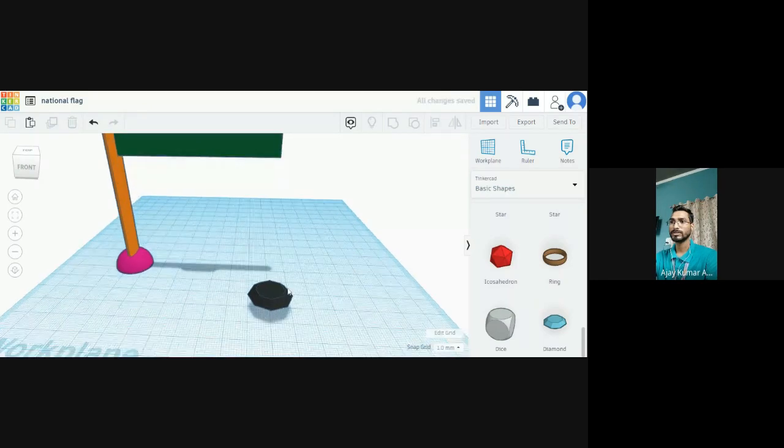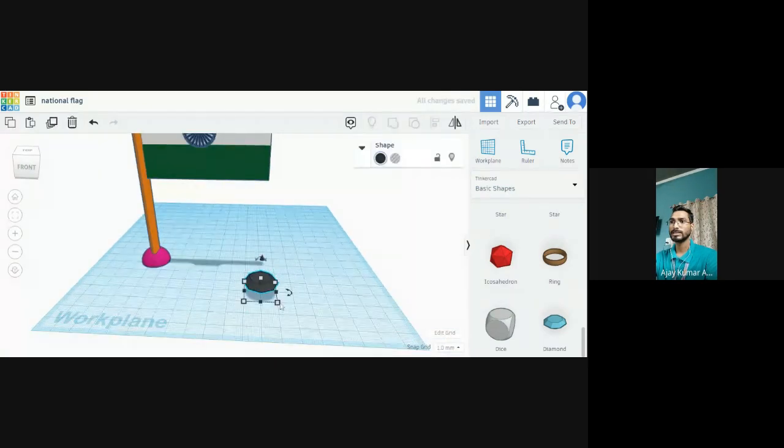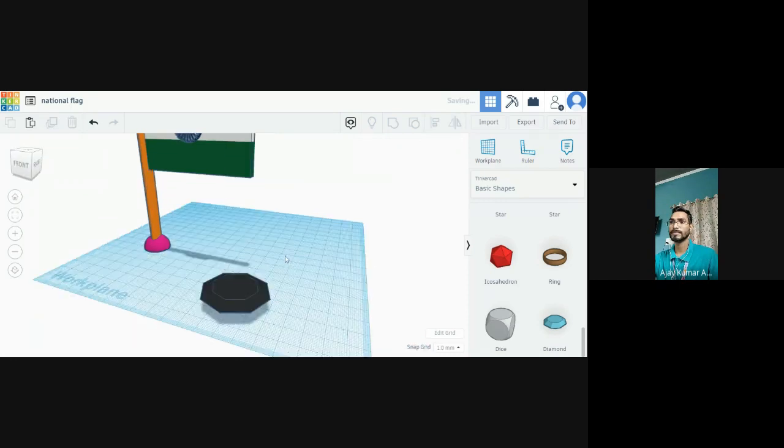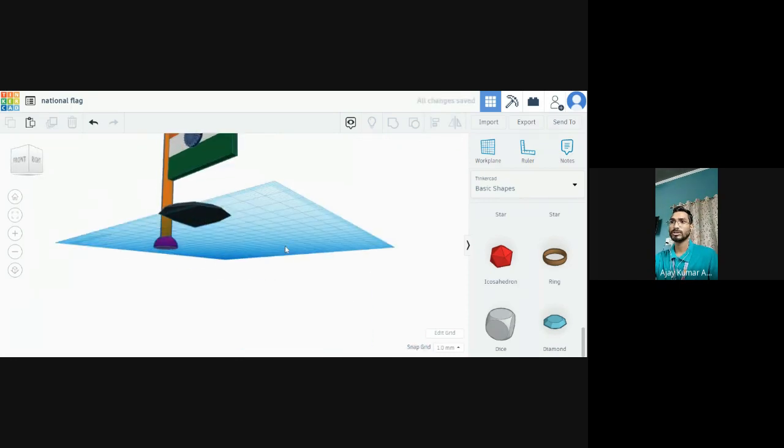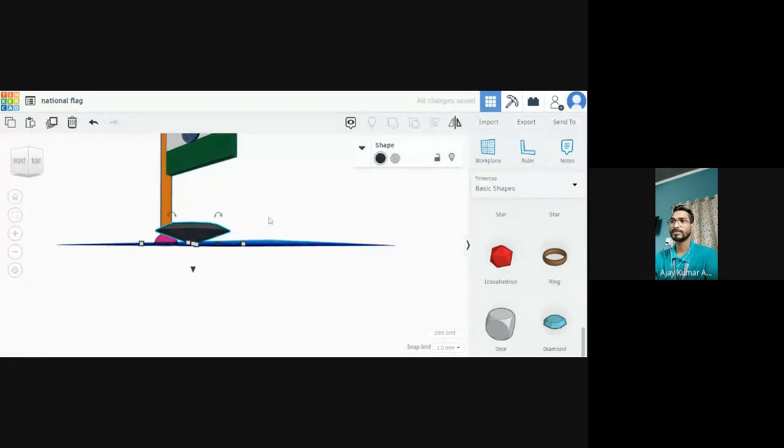Like this you can change the dimensions also, like 40 by 40, so the base will be like this.